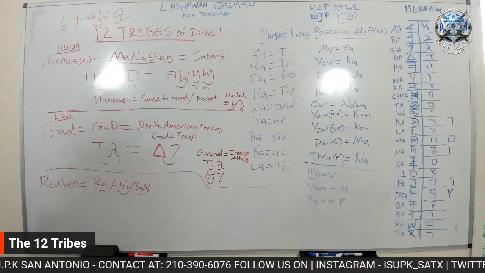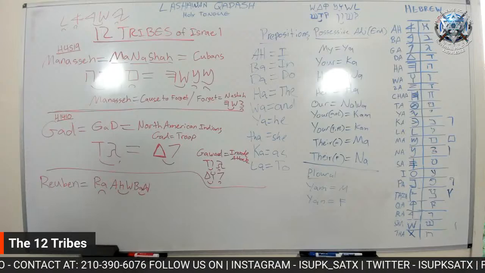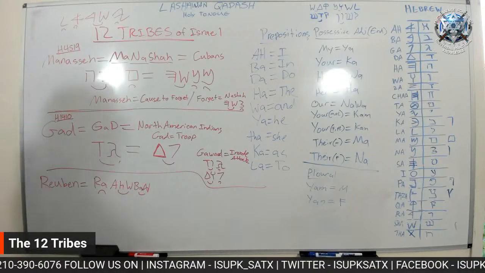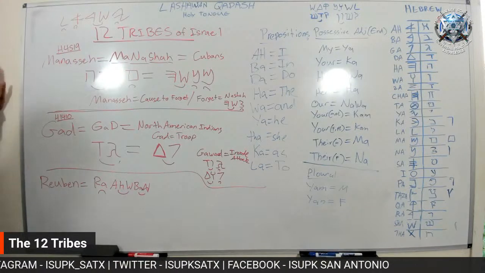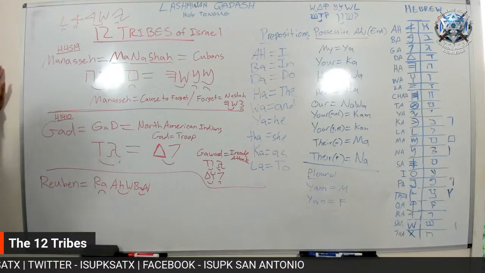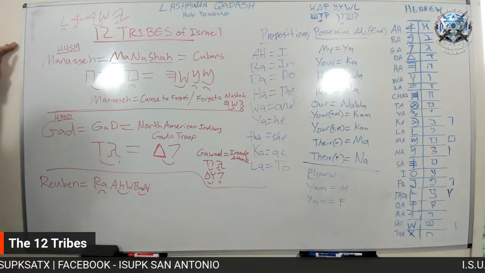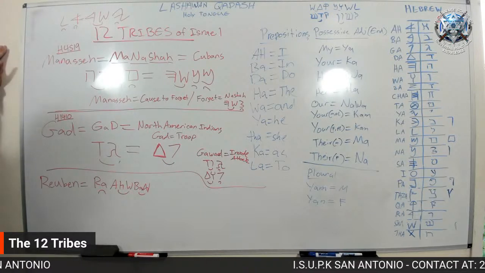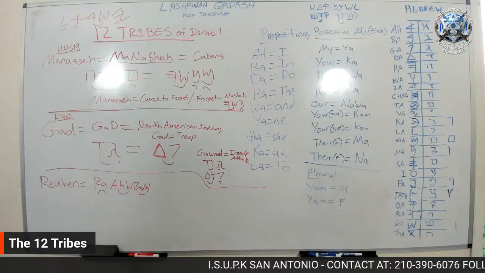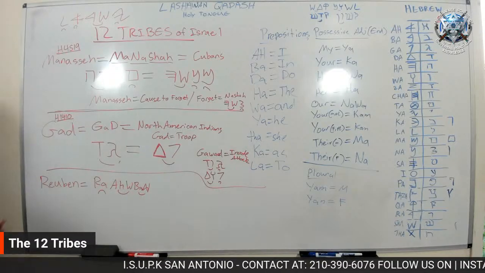And Dan was intermingled into some of that too. So the 12 tribes of Israel are what we know on the 12 tribes chart as they are today. And that's why when we read books like Revelation, you'll see Manasseh and Ephraim rather than Joseph and Dan in there. You know what I mean? So that's why we're bringing that up, so that you can actually see how it came to be.